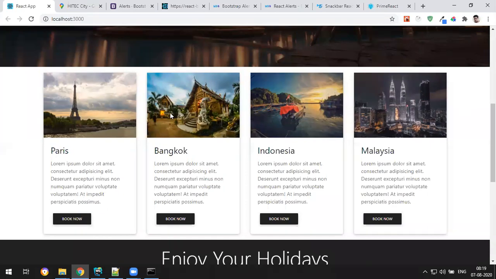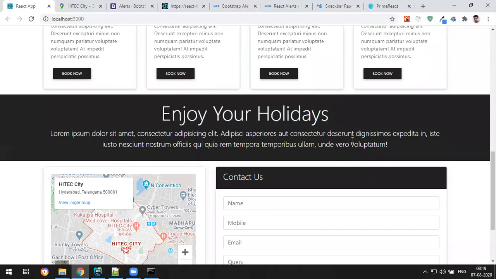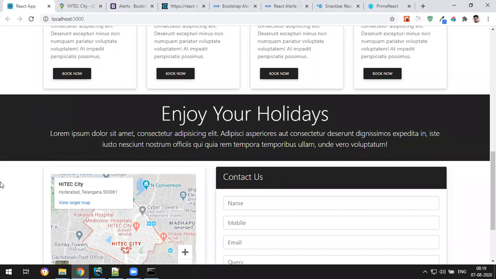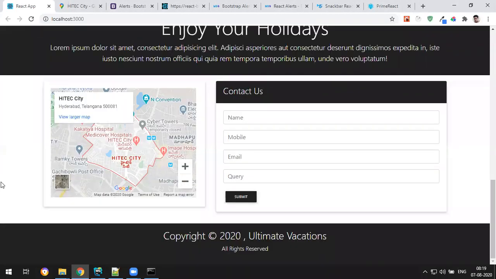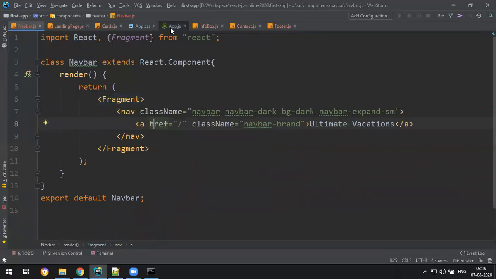So you can make multiple partitions and focus only on that partition. That's a way of component based development, but we have not done much here. We just used most of the Bootstrap concepts, but this is how you develop component based development in React.